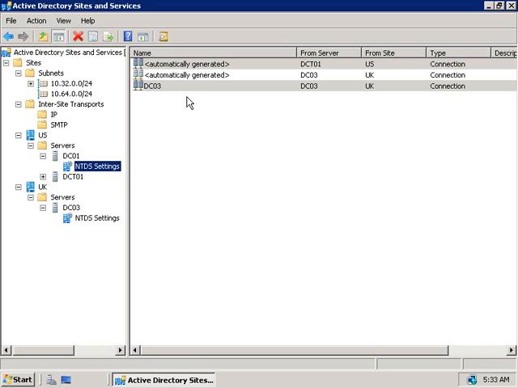In this video, we've discussed in depth sites and replication. We've talked about the different transports sites use to replicate data via their connection objects. We also discussed creating site links and site link bridges and how replication